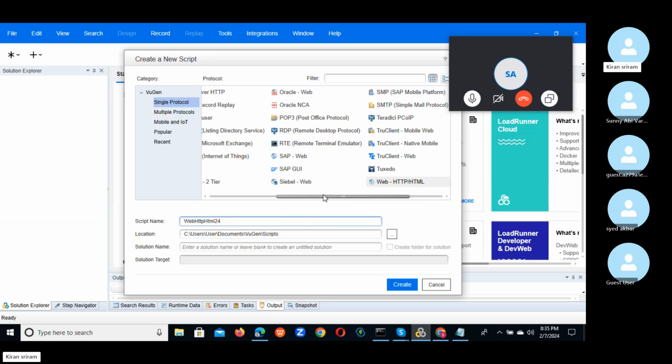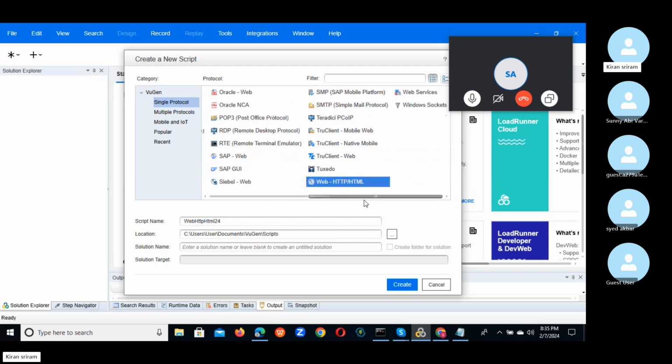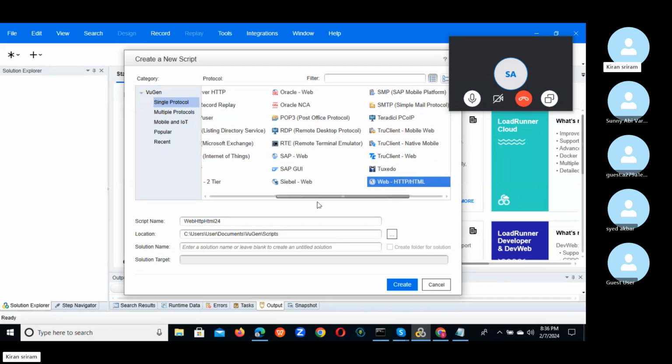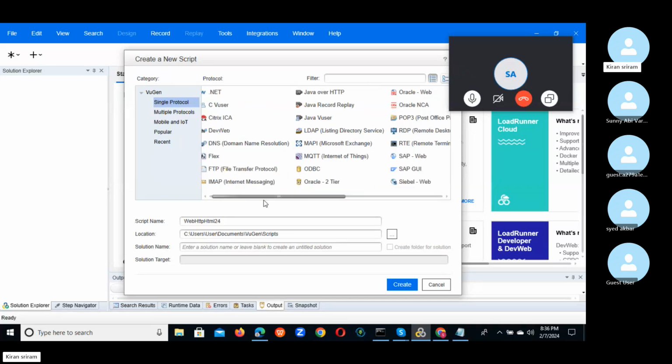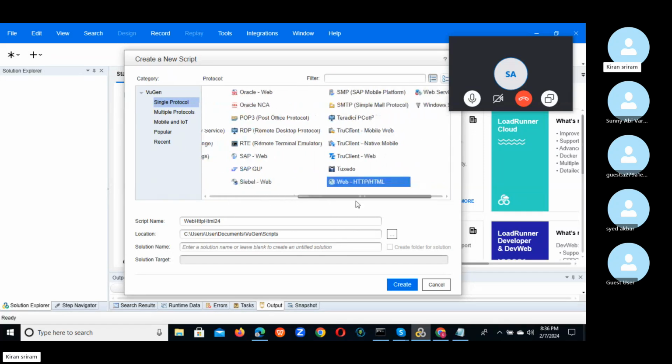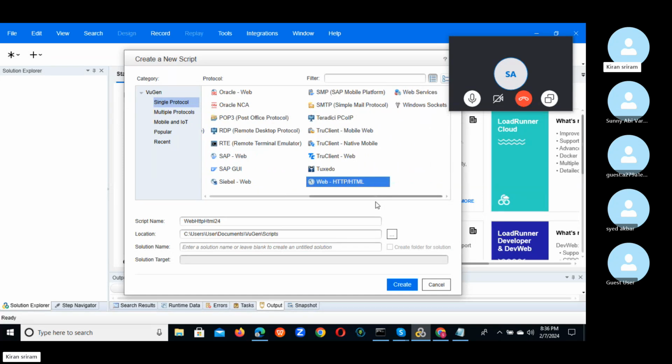I told you about protocols, right? These are all the available protocols. We have the SAP protocol, Oracle protocol, some Java protocols, FTP protocols, and TruClient protocol. So we have different protocols. Based on your application, you need to talk with your business team and identify which protocol it supports and is suitable for the application. For any web application, we blindly select the Web HTTP/HTML protocol,